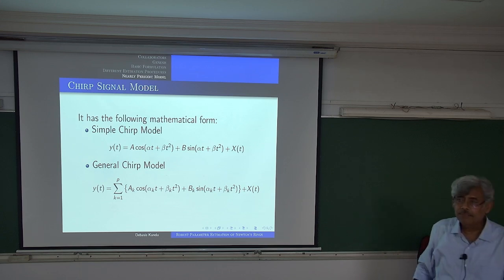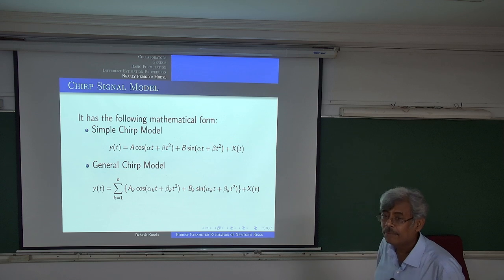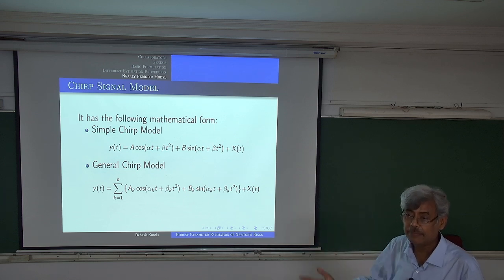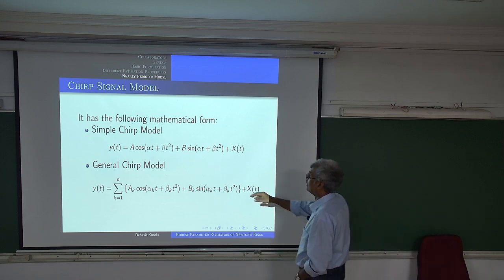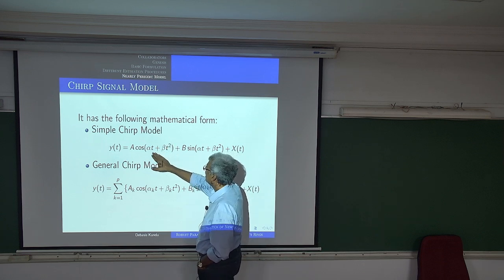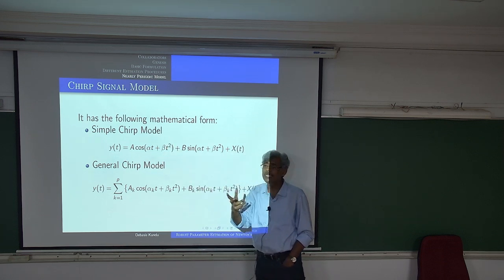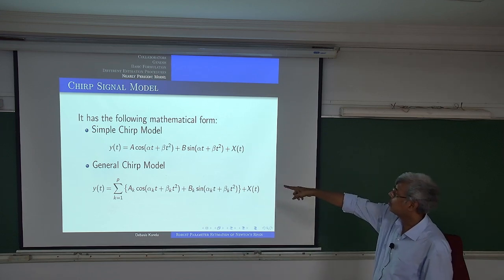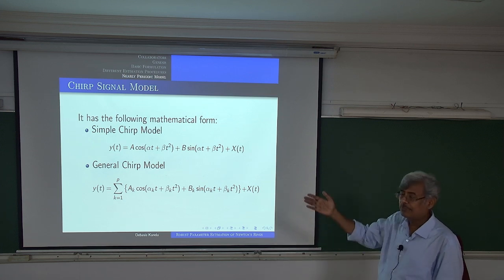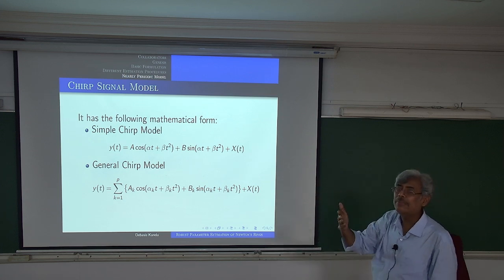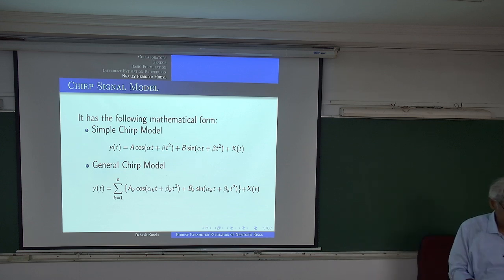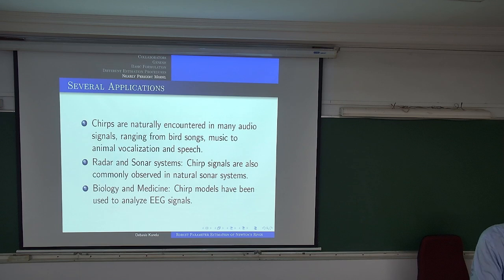This cos of alpha t plus beta t squared, so these functions are not periodic now. This function is not periodic, so we call it nearly periodic. These are the frequency and these are the frequency rate. You can think of this as if the frequency is changing with time, because if you take out t common, you can see that the frequency is actually changing with time in a linear fashion, alpha plus beta t form. So frequency is changing with time. That is the natural extension, and these are the applications we have.